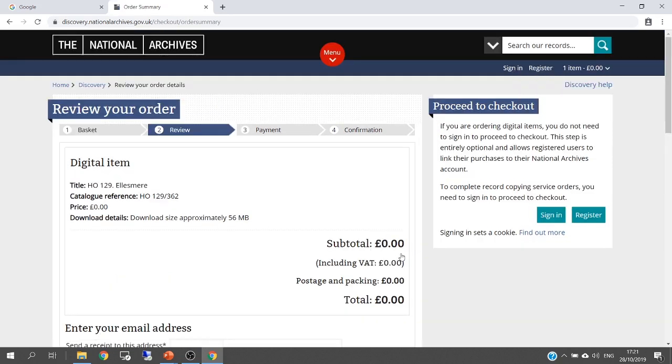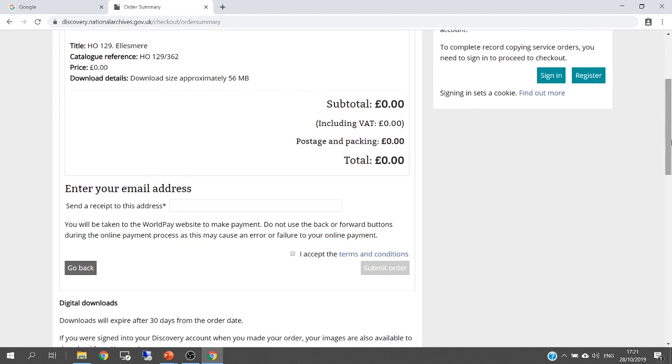And again I see that the cost is going to be £0 and no pence, so again I'm reassured. I'm reassured despite the fact that it says I should go to the World Pay website to make a payment. That won't happen, I can assure you. Now I am required here to